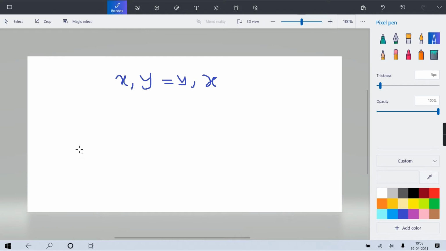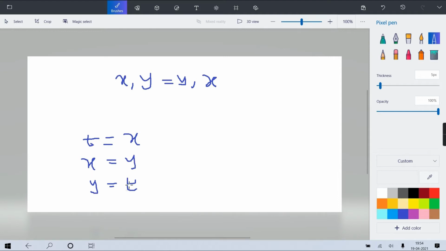Like in C we were supposed to use a temporary variable. Like in temporary I'll keep x. Getting? Means whatever is the current value of x I'll keep in temporary. Then in x I'll copy y. Now the value of y comes in x, so the previous value is lost because it is going to get replaced. But before losing it I have copied it in t, and now in y I'll bring t. That old value of x which I had preserved in t, which got lost after copying y, no problem, that copy is there in t, that I'll copy in y. So now the exchange takes place.